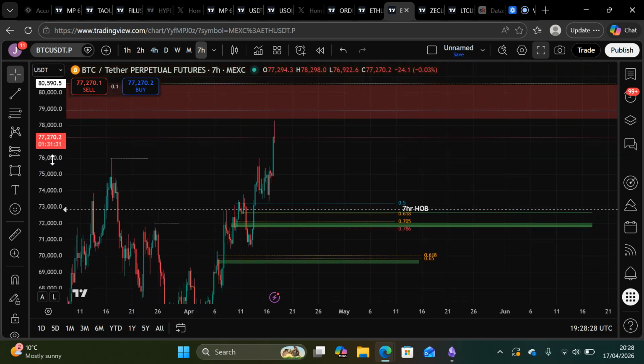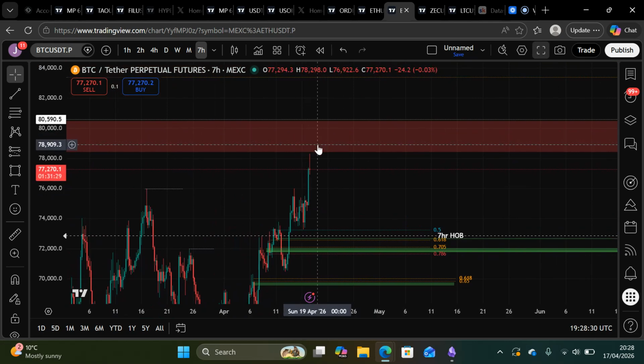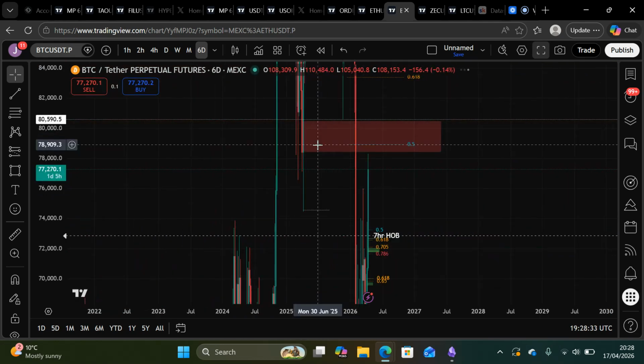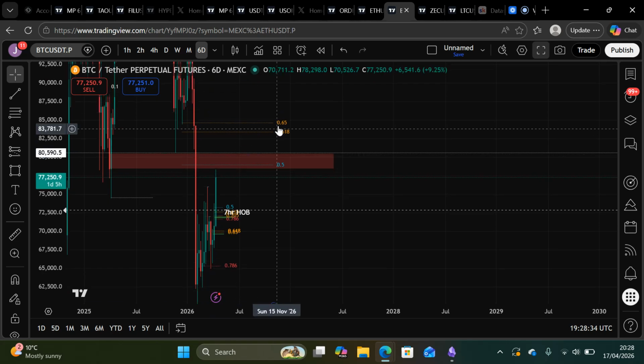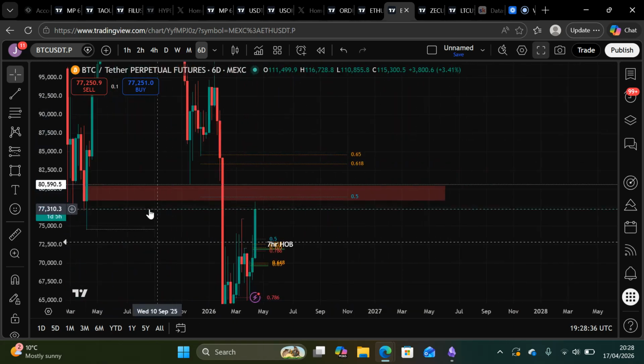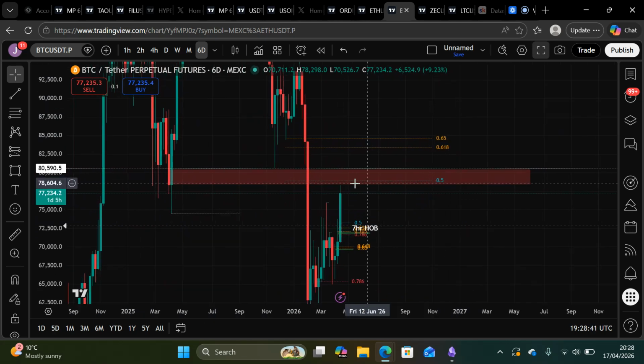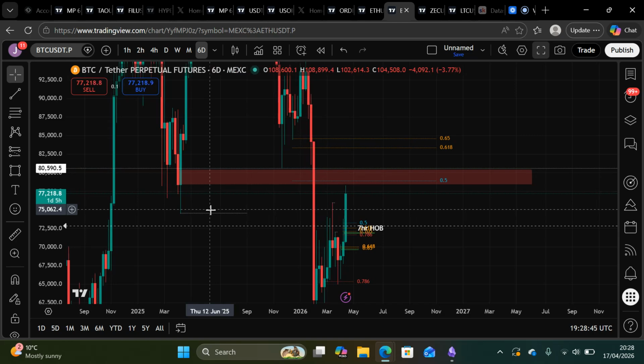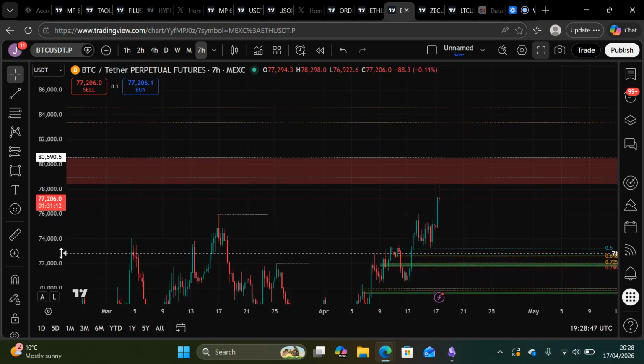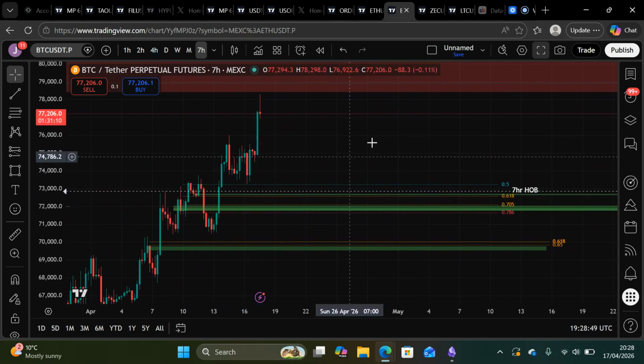And with that, we got very close to this bearish level. If you're wondering what this bearish level was, I mentioned it in the last video. We have a partial 6-day breaker block, a partial 6-day hidden order block here. And then we have equilibrium 0.5 running through this, okay? So if we go down to lower time frames, we also have medium time frame bullish levels here.